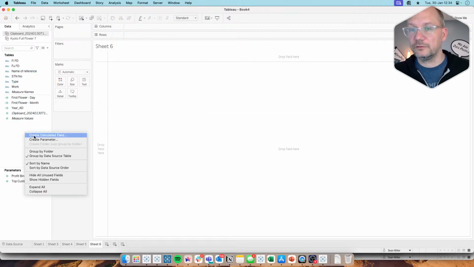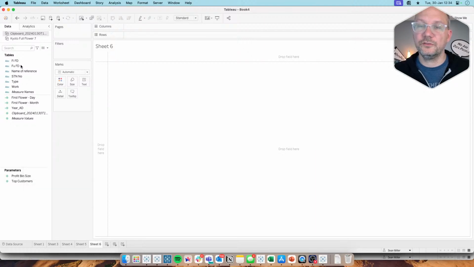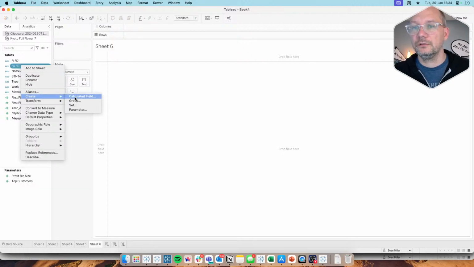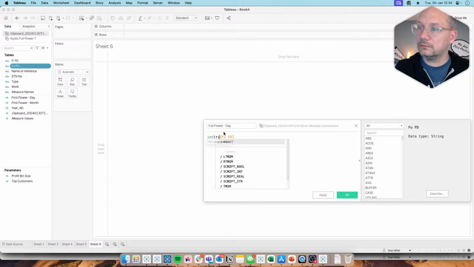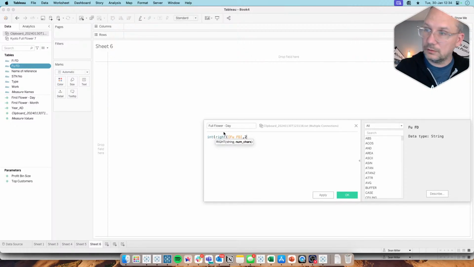Then we'll have a calculate, then we're going to do full here, do the same thing. So we'll have full flower day, int right 2,